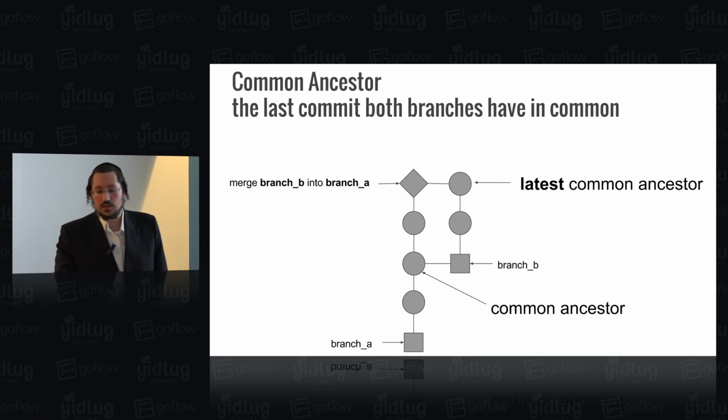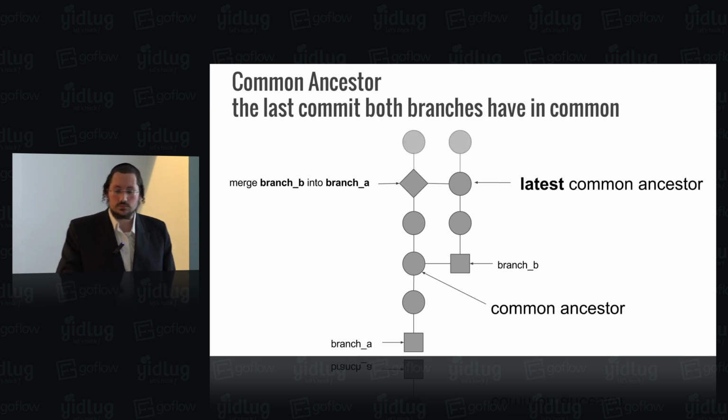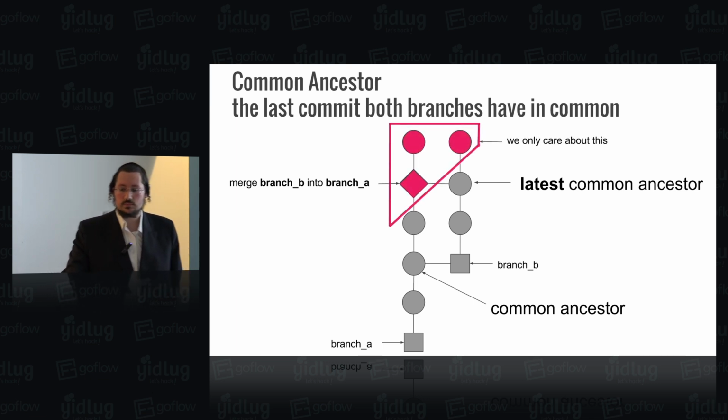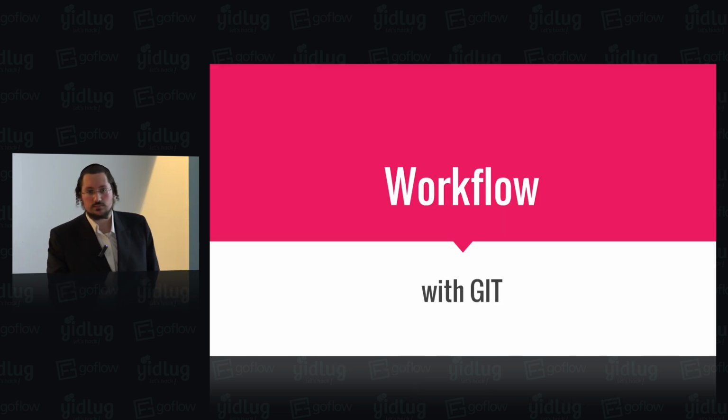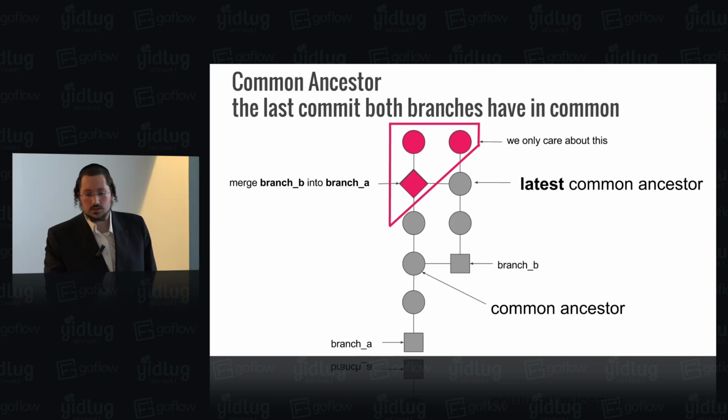Because we are not caring about the old stuff, we're caring about the latest commit where both commits were the same as master. So later on, we only care about these three commits, because these three commits were the new changes applied at the latest time these two branches had in common. Okay, so